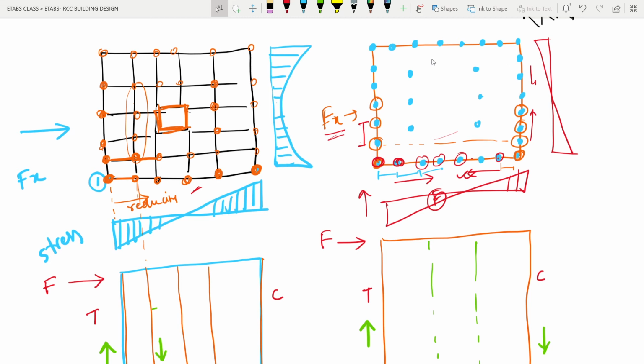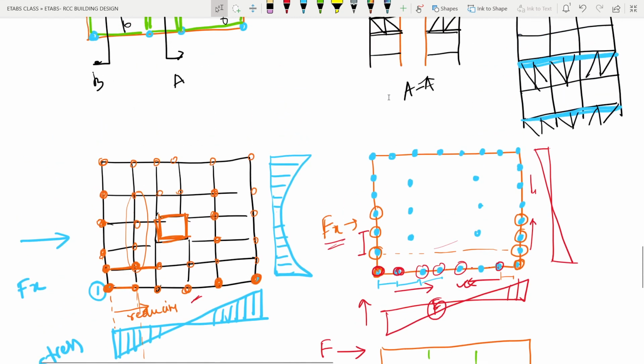Now this particular system that we thought was very efficient, where all the columns are shifted to the outer periphery, and only a few columns are given at the inner side of the building, is actually called the exoskeleton structural system. Now what we are seeing is that this exoskeleton system also has some problem. This exoskeleton system is also called a perforated frame system, or sorry, perforated tube,